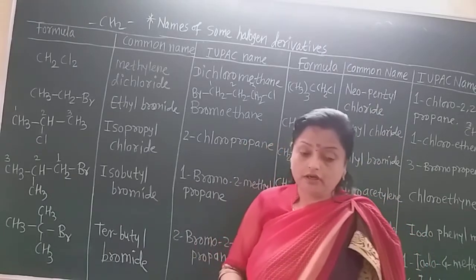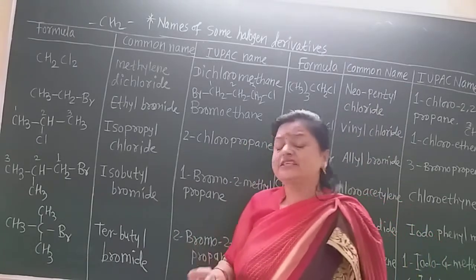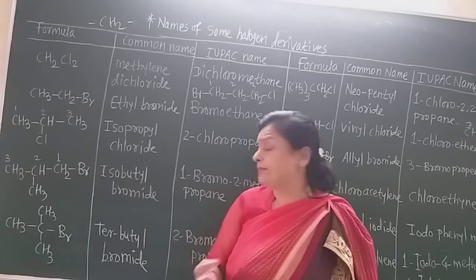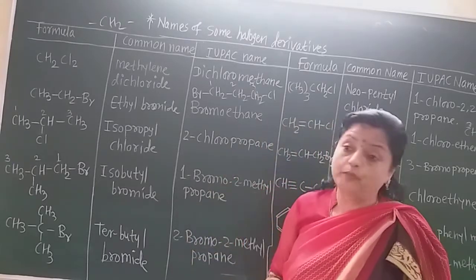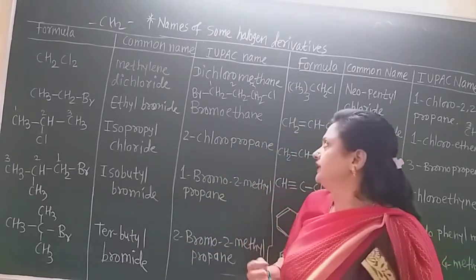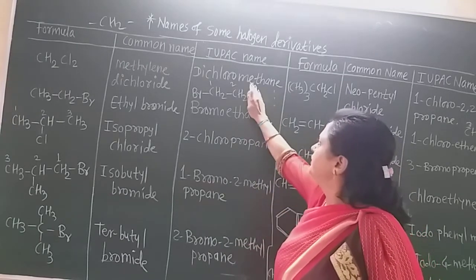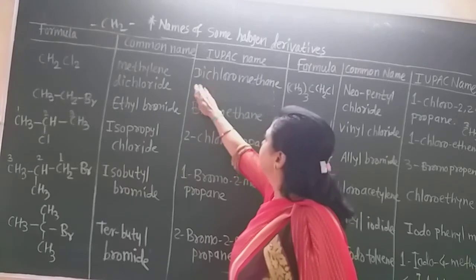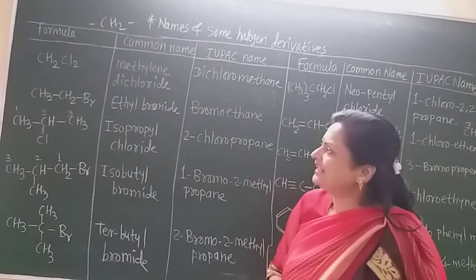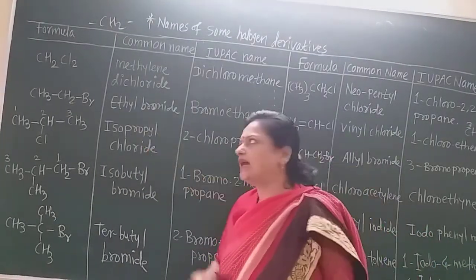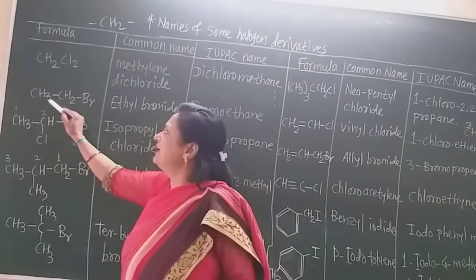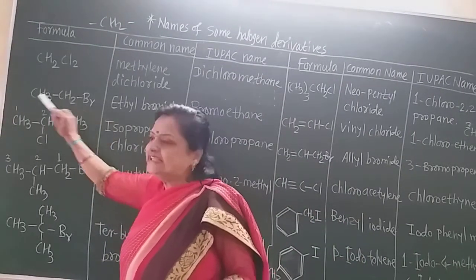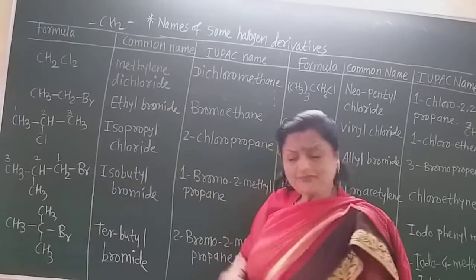So from today, buy such books so that you can practice the IUPAC names of different halogen derivatives. In this way we must give the nomenclature; the IUPAC nomenclature is very, very important. Now the second is very simple, it is a haloalkane. As there are two carbon atoms, this is definitely bromoethane, that is the IUPAC name.